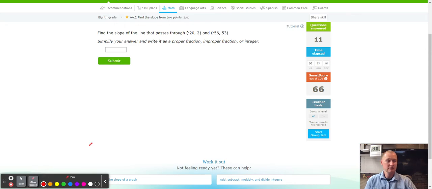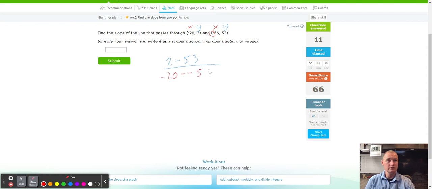We got x is negative 20 and negative 56, and the y values of 2 and 53. Here we go. Y value of 2 minus 53. Ooh, there's going to be quite a bit of math in there. Then our x values in the denominator, we have negative 20, subtract, watch your sign here, negative 56,